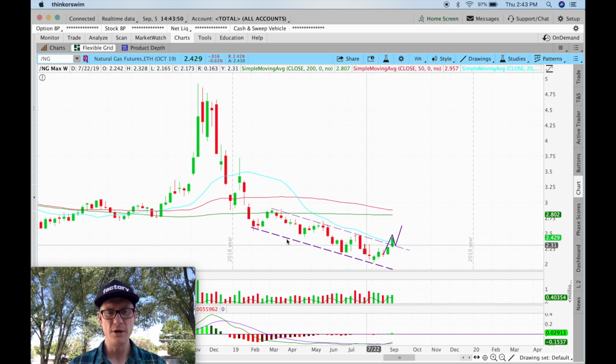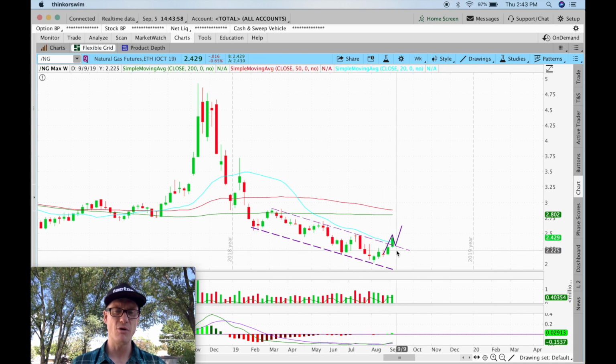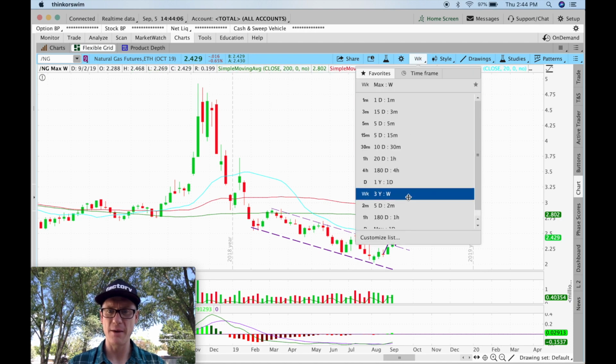But for right now, you can see the touches on the top of the channel, and then you can see the touches down here on the bottom. It's just kind of been meandering back and forth and really just trending overall to the downside. And we've kind of confirmed that each time we've talked about this. We've said, okay, we're downtrending. Now let's move on to the daily chart.